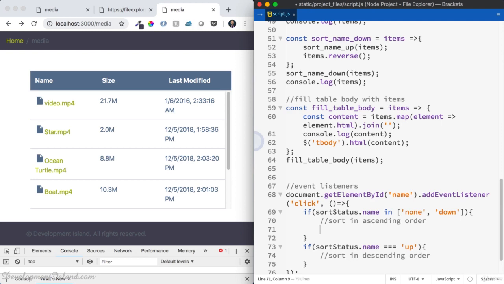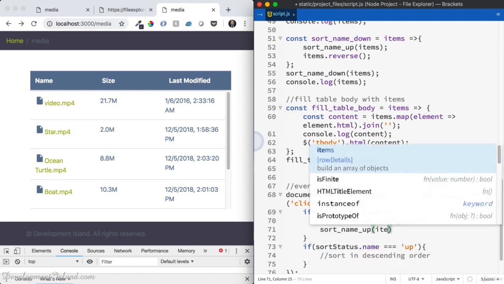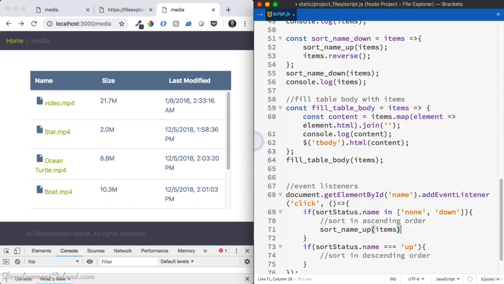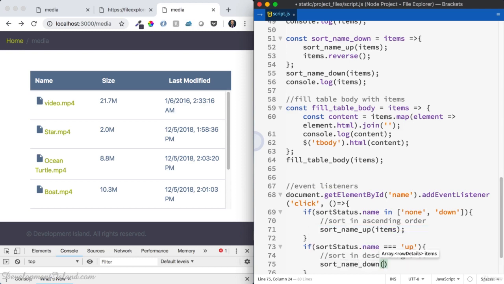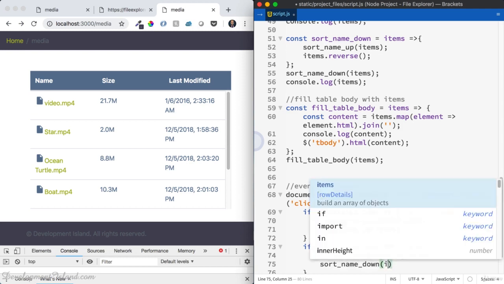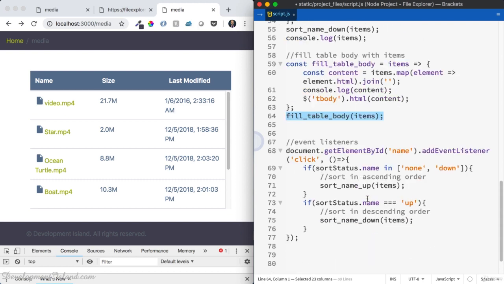So to sort in the ascending order, we call the function sort name up applied to items. And to sort in the descending order, we call sort name down. And after that, you fill the table body